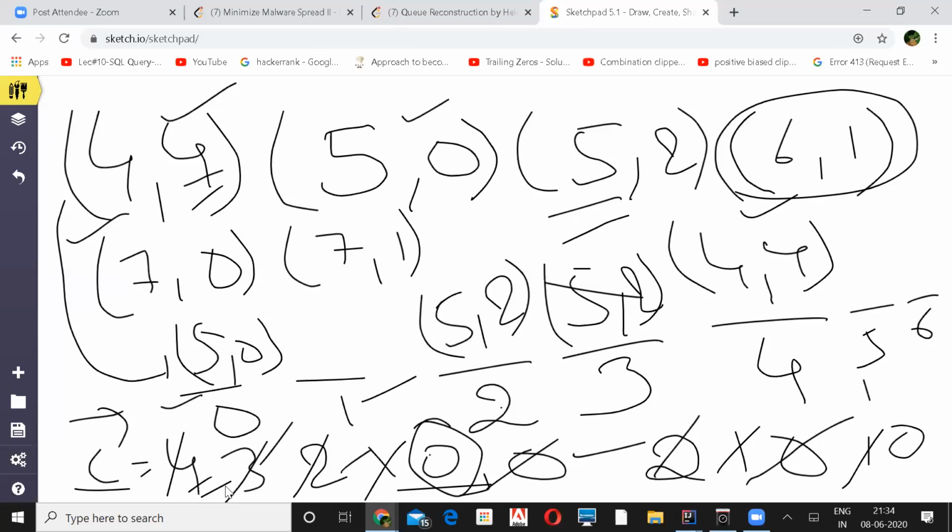Right. But it is not satisfying mine, no. Basically his logic is not decrementing the count. No, I think it's right. So you decrement count only when you find either an empty space or a person with a greater height. Yeah. So when you start for 6 1, you do not decrement count when you see 5 0.